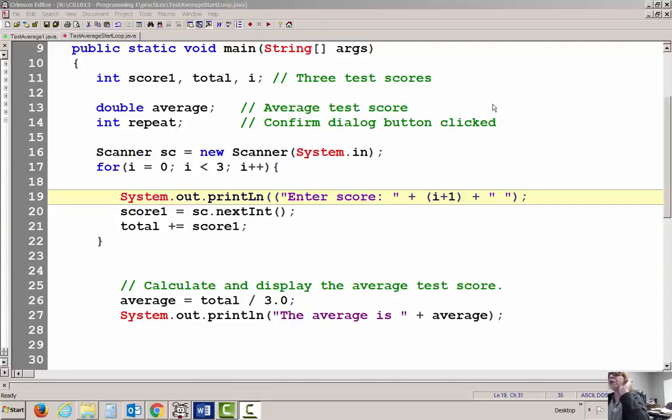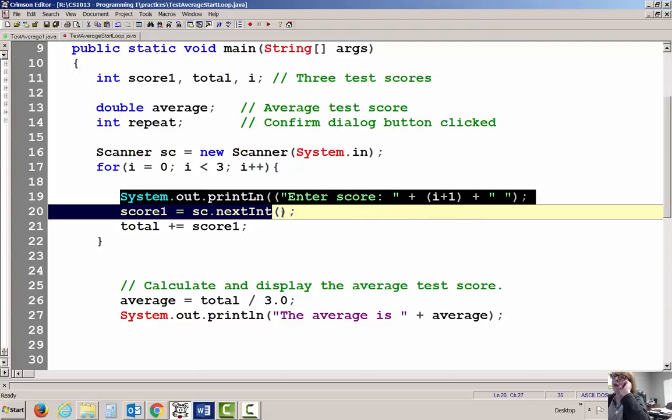Okay, now we're ready for another loop. Let's work with the do while loop. Let's say that I do not want anyone to be able to enter any scores that are greater than 100. So they can only enter up to 100, nothing greater than 100. So we have to take the information that makes it work once,